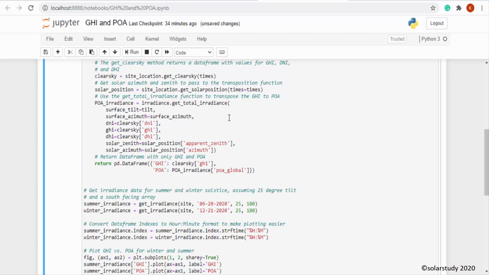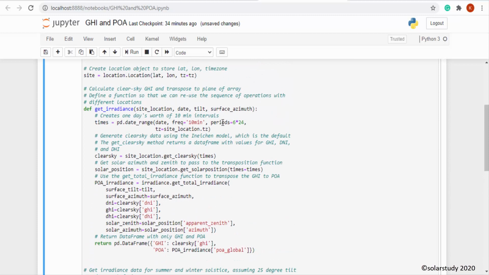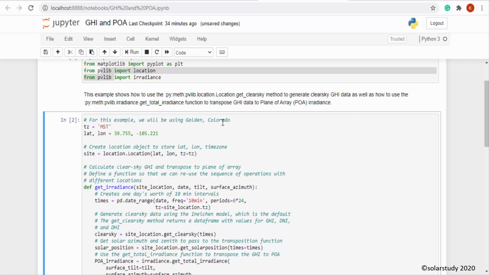Similarly, if you don't want to use this inbuilt library, we can create our own programming, our own library is also possible. But what is the benefit of pvlib? It already contains some of the irradiation. So in order to get irradiation, we need not write code separately for irradiation location. We just import those libraries.